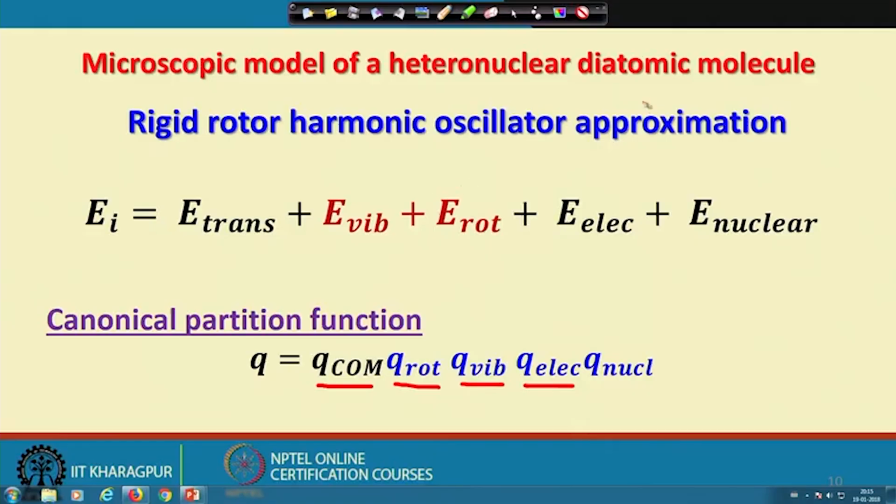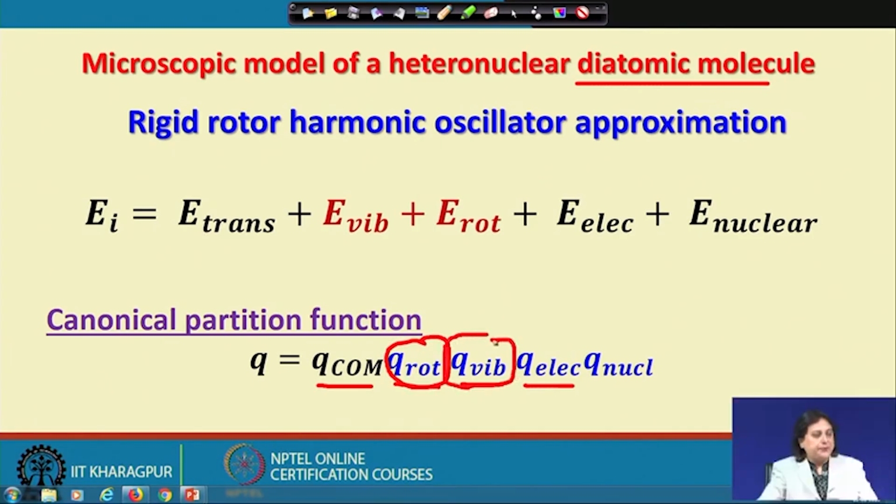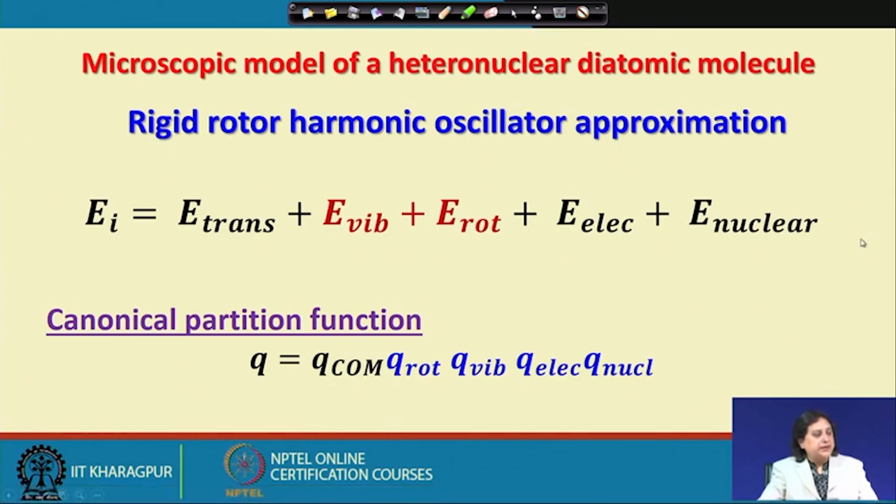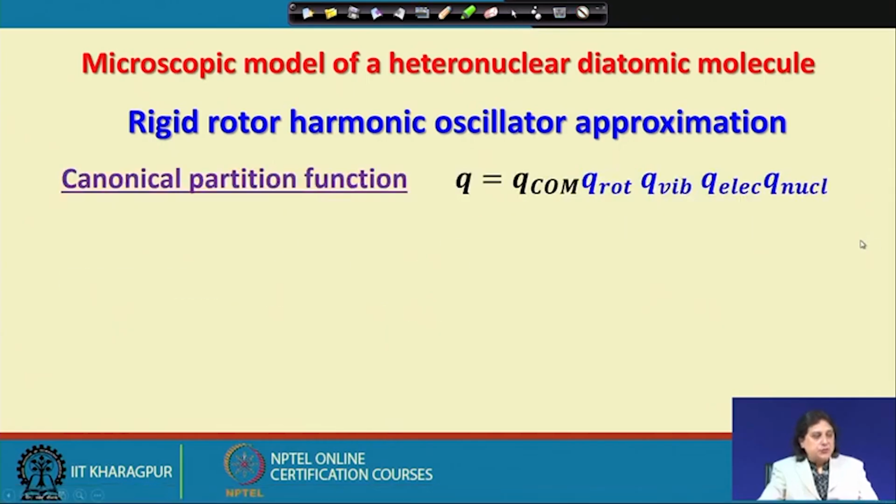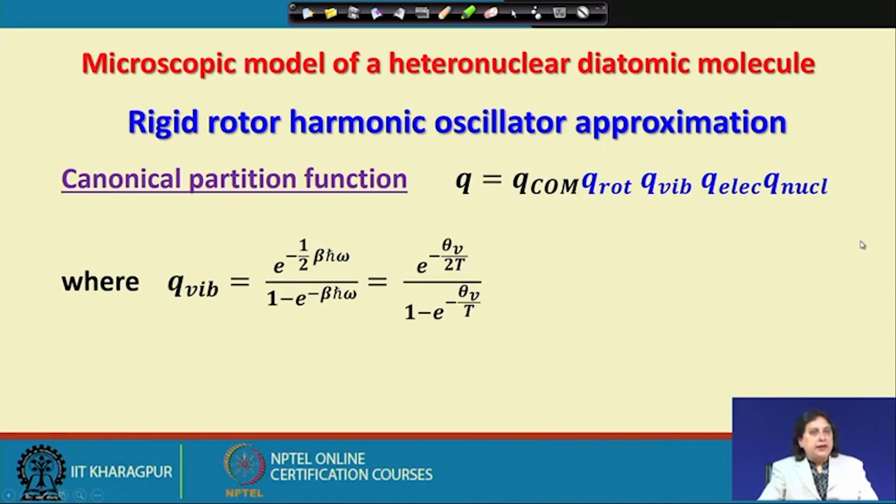So, therefore, in the diatomic molecule case, the important thing that we are going to show you here is how to calculate q rot and how to calculate q vibe. Okay. So, let us have a look as to what would be the analytical expressions of these two parts if I assume that the vibrational motion of this chemical bond is going to be approximated by a simple harmonic oscillator with an intrinsic angular frequency omega, and therefore, I can very easily say that q vibe is given by an